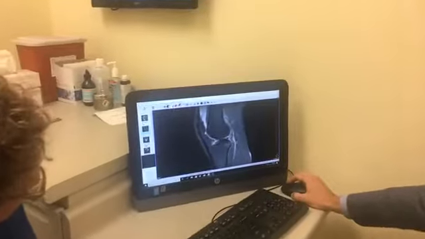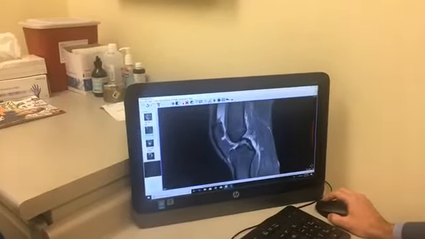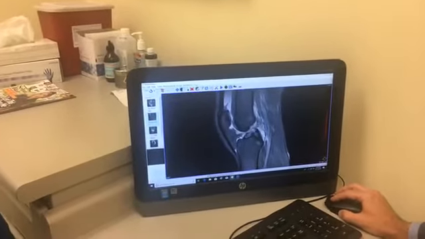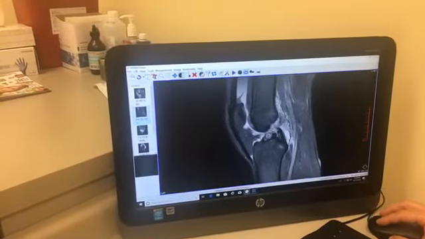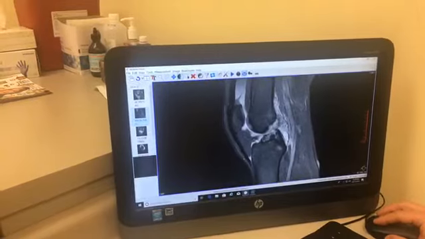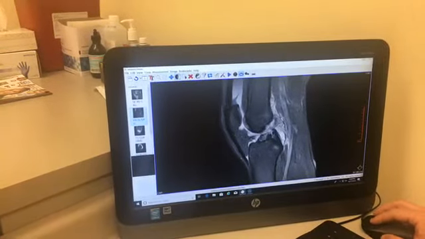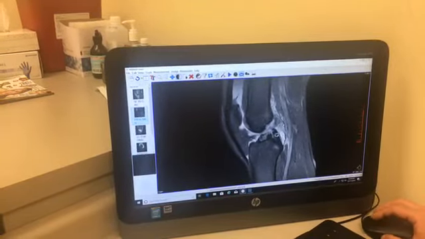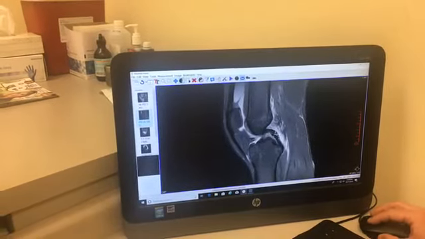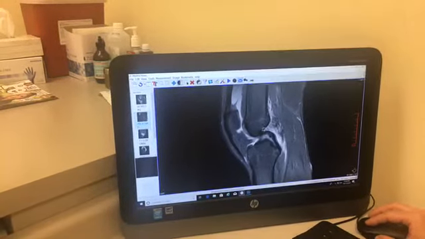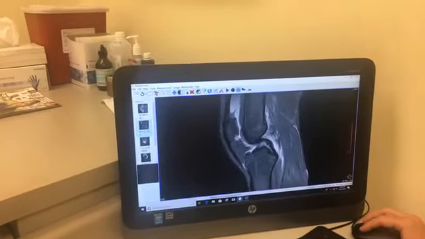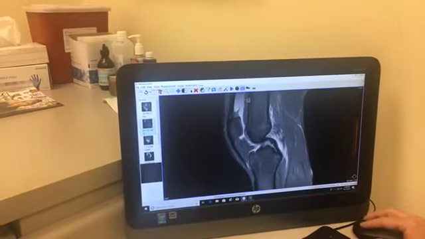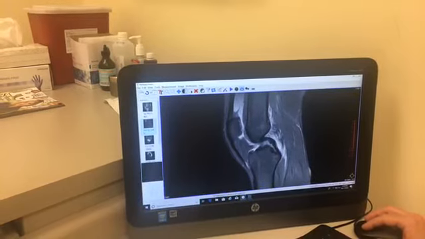Then as we work our way in towards the intercondylar notch, you can see the ACL has been torn, and there's no ligament present. You can kind of see the stump there on the tibia, and then back up here on the femur, there's a little remnant of the ACL, so it's kind of transected right in the middle. There's the PCL. You can see that looks like it's remained intact and healthy. And then look at this large amount of fluid in the knee joint. That's all blood that's filled up the knee joint capsule, secondary to the ligament rupture.